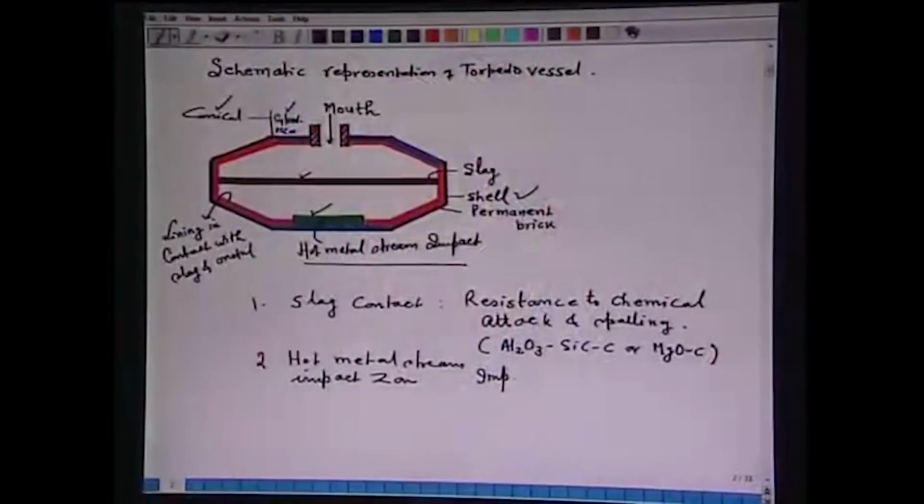So, this is also subjected to the impact of the molten stream. So, this particular area should have resistance to impact of the hot metal stream, which is very important in comparison to corrosive action or whatever other action